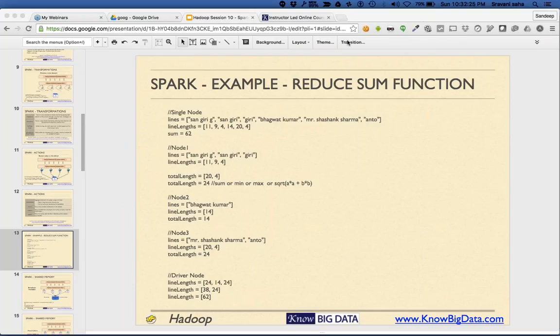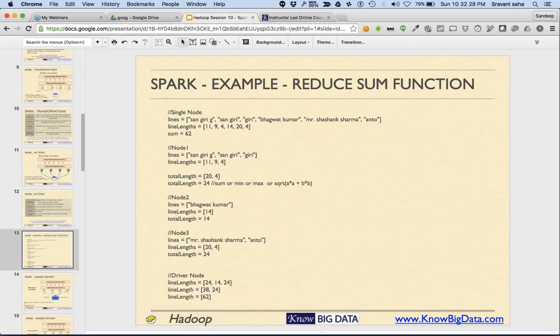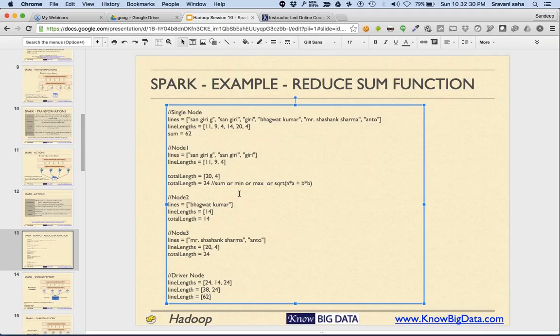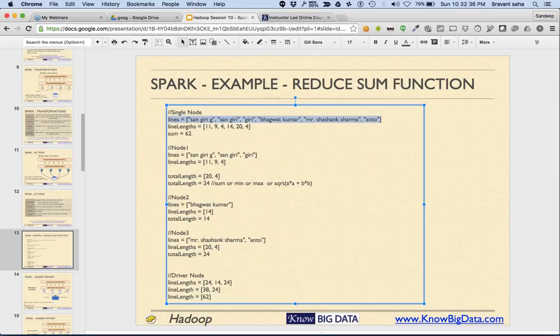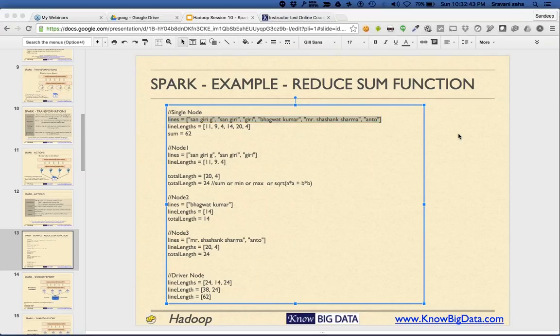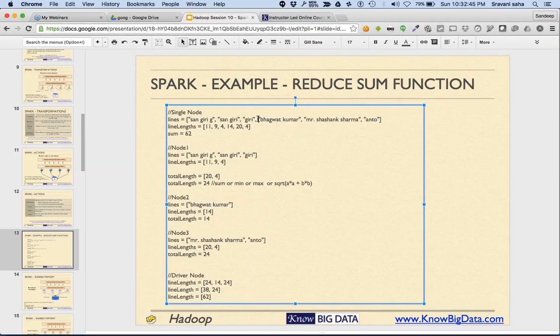All right. Now, here's an example run of the line length computation. Imagine that you had to compute the line length. This is your file which contains all the lines, and you have loaded it in an array.